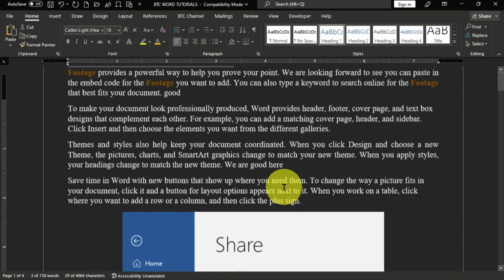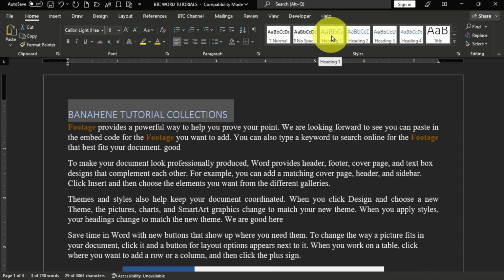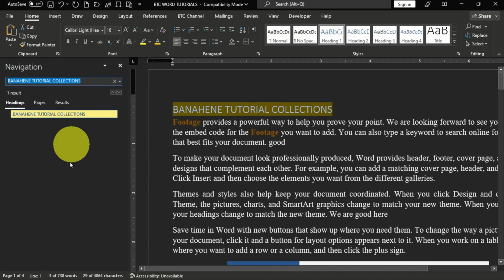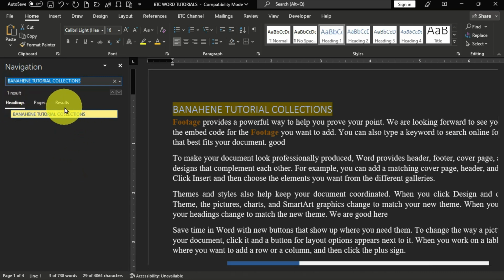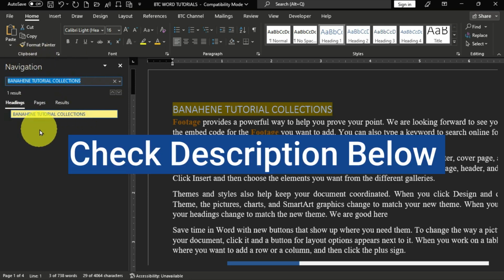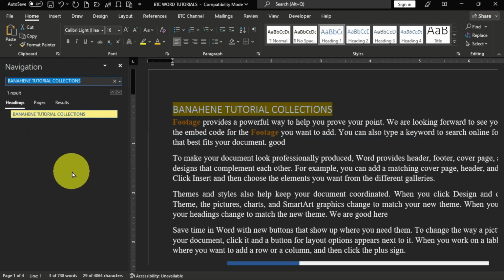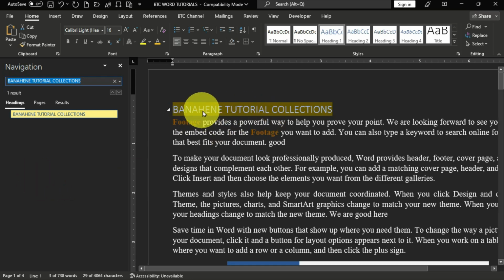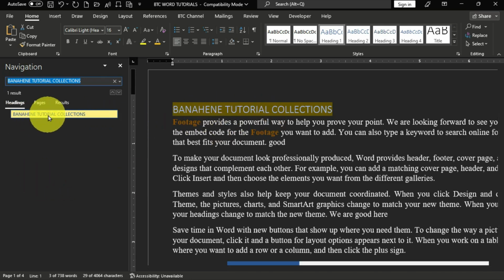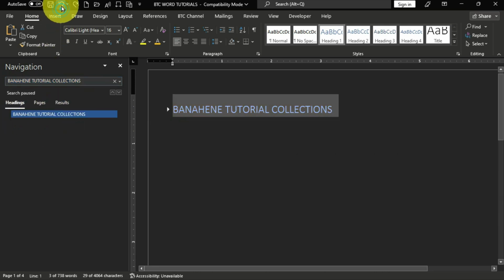So this is also an advantage of using the heading style. Now when I use the heading style, all the predefined formatting given to this has been applied to this particular selection. Now if I hold Ctrl plus F on the keyboard, we have these options here. We have headings, pages, and also results. I have a video that explains all these options, and I'm going to link that video in the description. Check it out after watching this current video. And because I applied this heading style to this particular item, you can see that I have it located in the headings tab. If I undo this option,